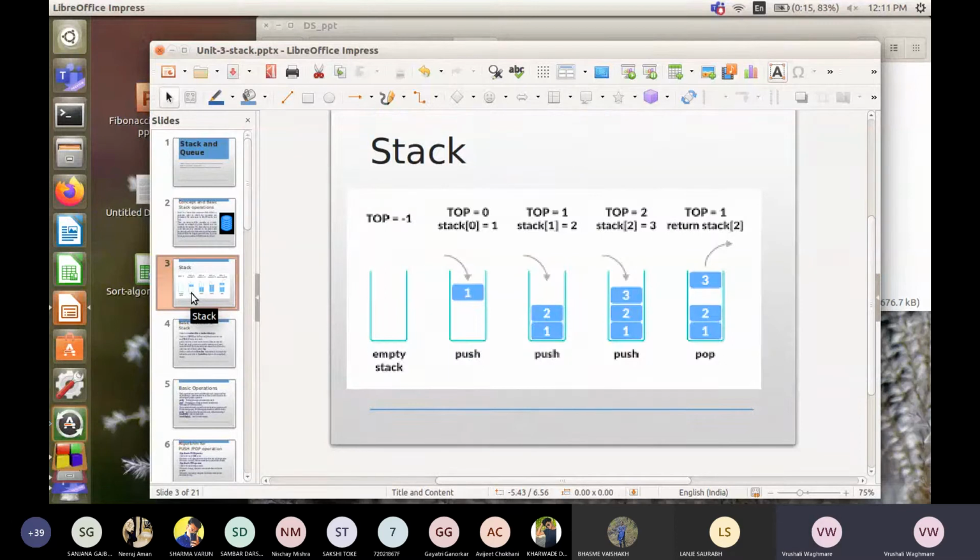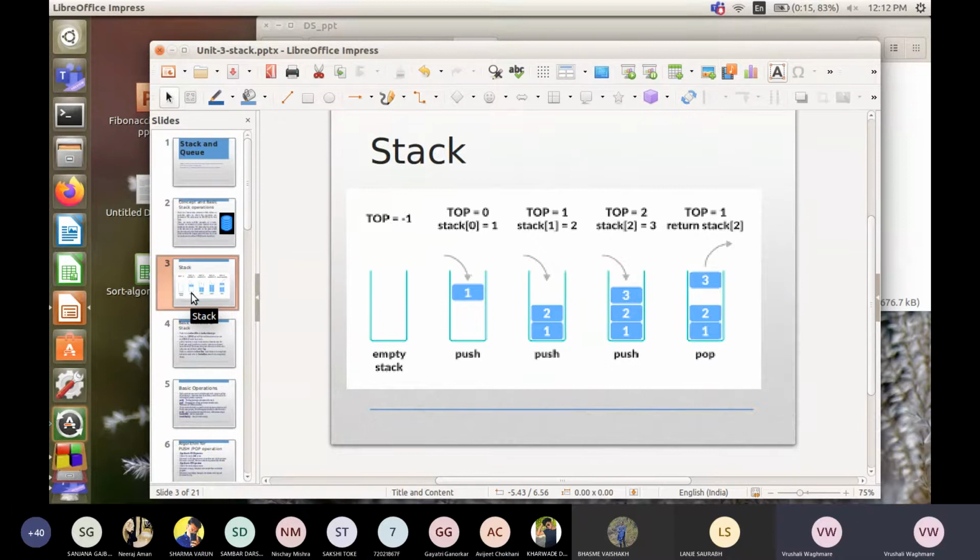So always we indicate the stack pointer. Initially the stack pointer starts with -1, and we call it top, or we can call it the stack pointer. It is -1 when we insert a value. So we are not able to insert the value at -1. What we have to do is make top plus one. Initially it is at -1, and top plus means indexing starts with 0.